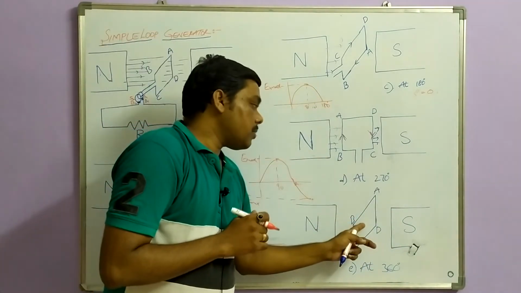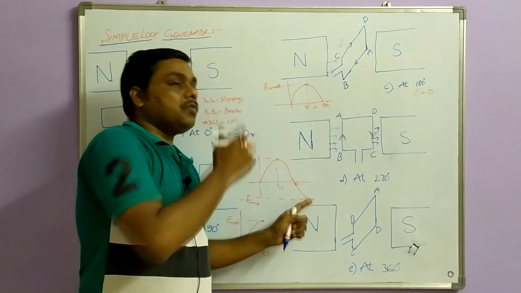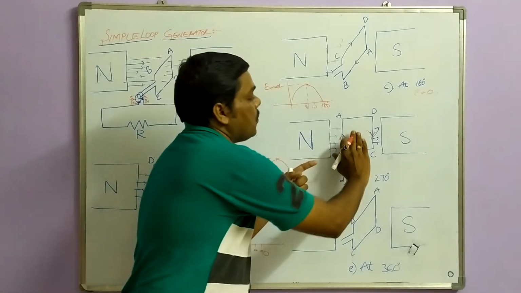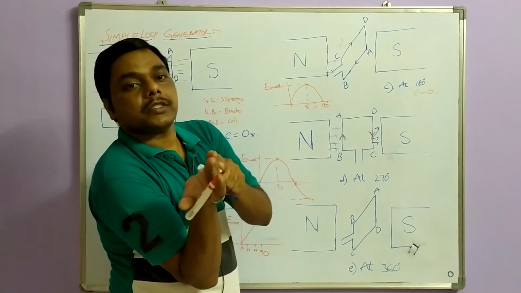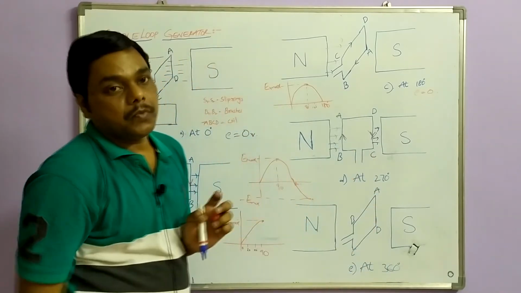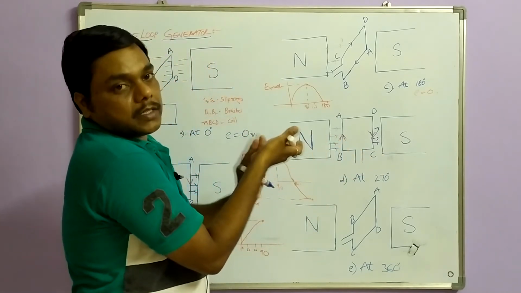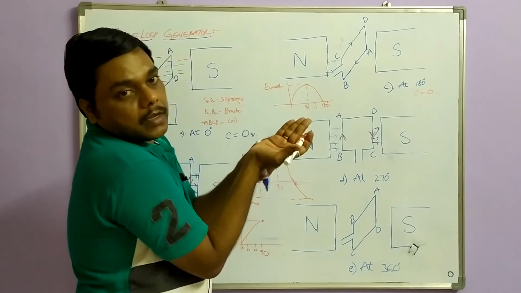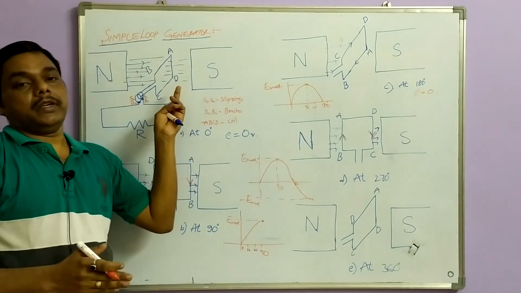Now at this instant, what is happening? From 270 to 360 degrees, your induced EMF again decreases. Why does it decrease? When your coil is at the 270 degrees position and you are moving into 360 degrees, the flux cutting action decreases. At this position your flux cutting action is maximum, but when you place it here, the coil is in the vertical position, which is similar to your 0 degrees.